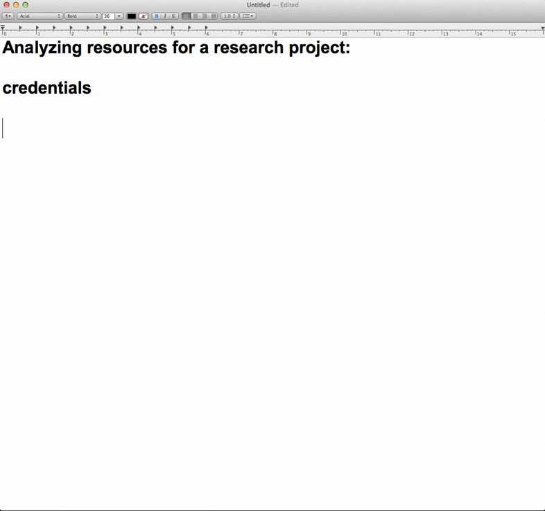So if a person is writing about a certain topic, you want to make sure that that person is well trained in that area and they're not just making up facts. There's several different things that you can take a look at in a person's credentials. One thing that you can check is, do they have any background training in that specific topic that they're talking about? Do they hold any licenses, professional licenses, or are they certified in any certain area?